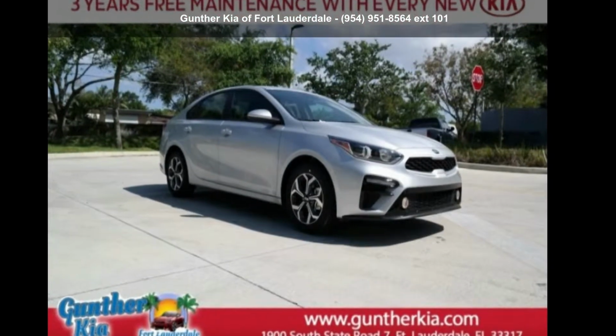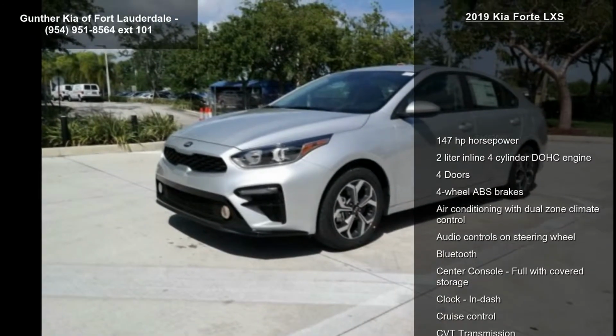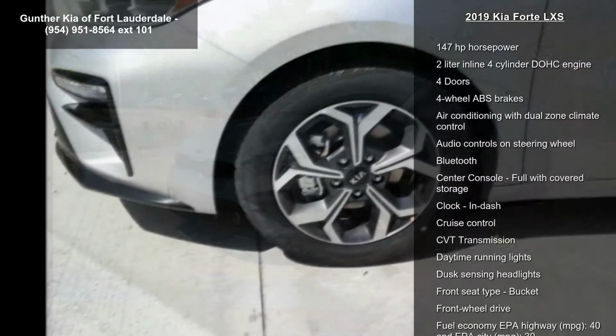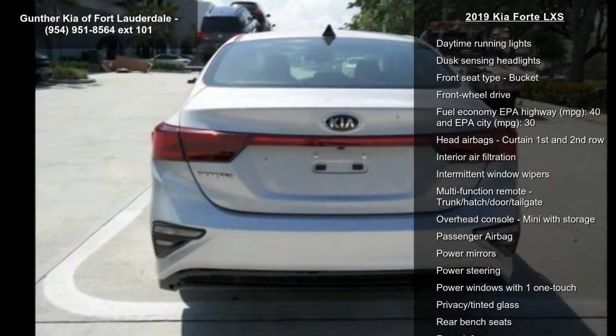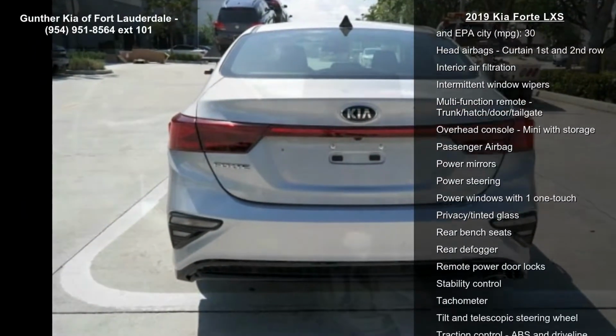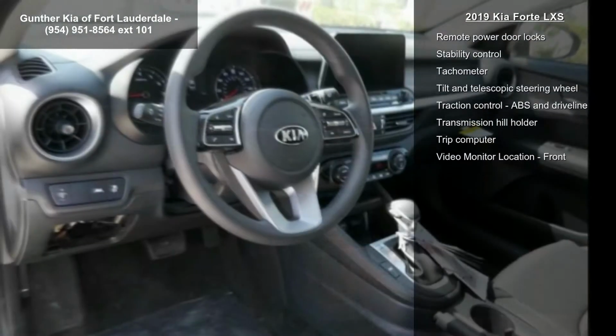Presenting the Kia 2019 Forte LXS. This may be the set of wheels you've been looking for. This vehicle's top features include 147 horsepower, 2-liter inline 4-cylinder DOHC engine, 4 doors, 4-wheel ABS brakes, air conditioning with